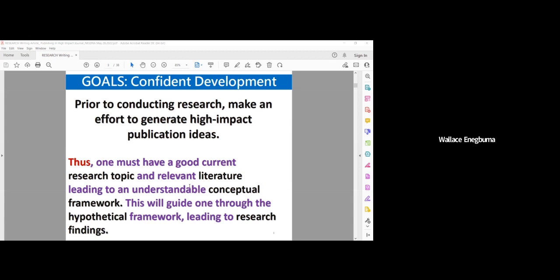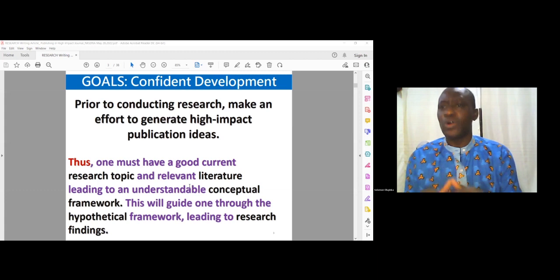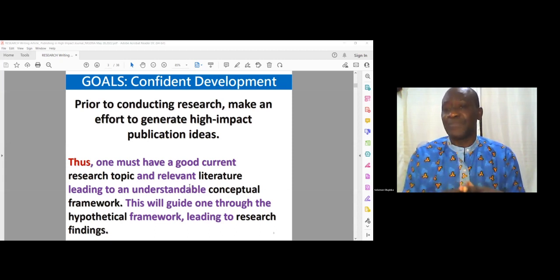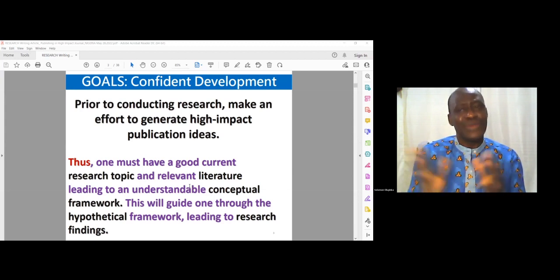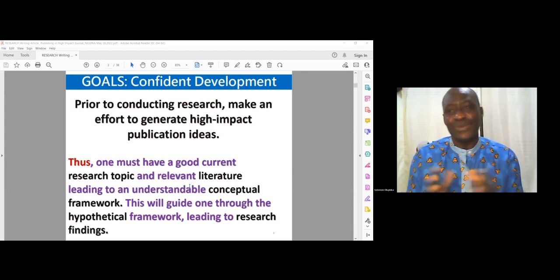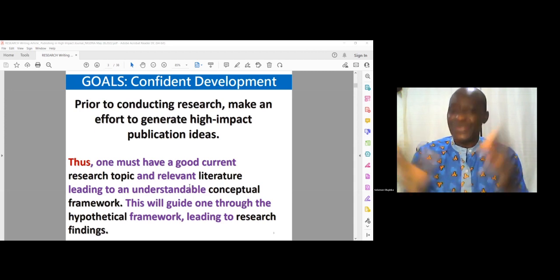So one of the priorities is what? If you want to make a high impact factor or you want to make your journal a quality one, the first thing is to develop self-confidence. You must have confidence in your own work first before you can say, I want quality publication. For example, I remember in 2013, when we wanted to publish my first Scopus paper, Dr. Wallace, who is here, is part of the authors. So we will talk about that later.